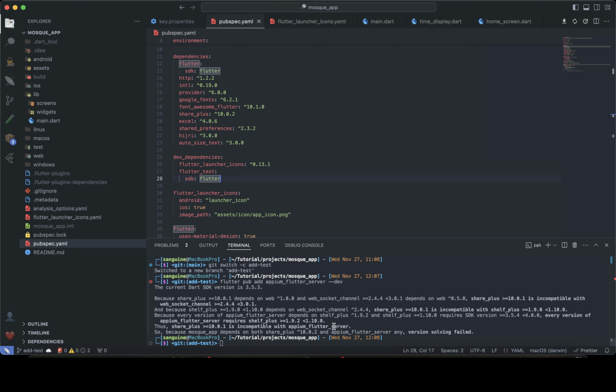So what do we need to do? There is a need for me to upgrade what is here. So I'm going to first run... It says that for me to be able to use the Appium Flutter server, I need to make some updates to some version. So what I just need to do is I will just run flutter upgrade,